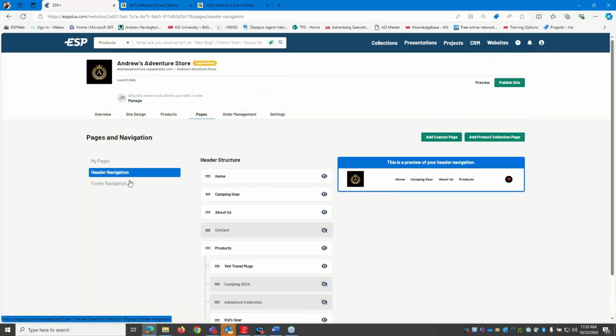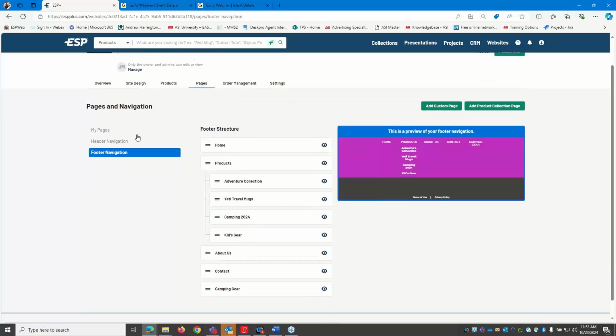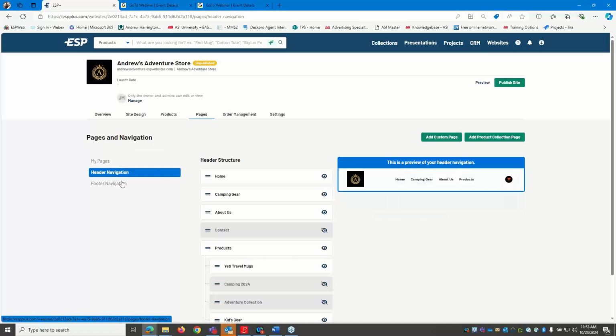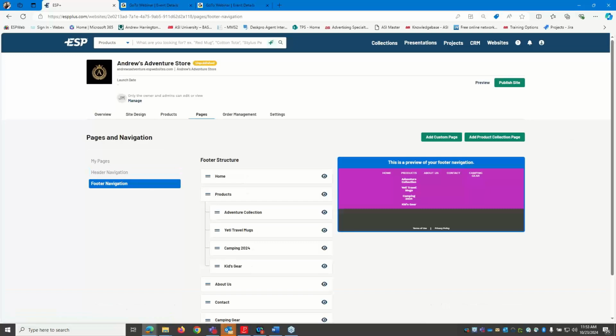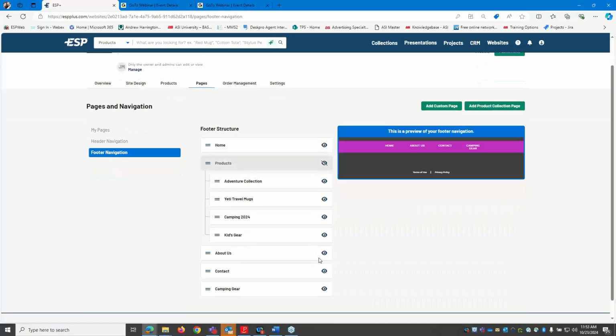You also have a footer navigation. One thing I ask people to remember is that these do not mirror one another automatically. So if you make changes to the header, like we just did, it's not going to automatically update in the footer. You will have to update the footer manually to make it match the header if that's what you want. So for me, I like the footer of the website to be very, very clean, very minimalist. So I'm just going to have